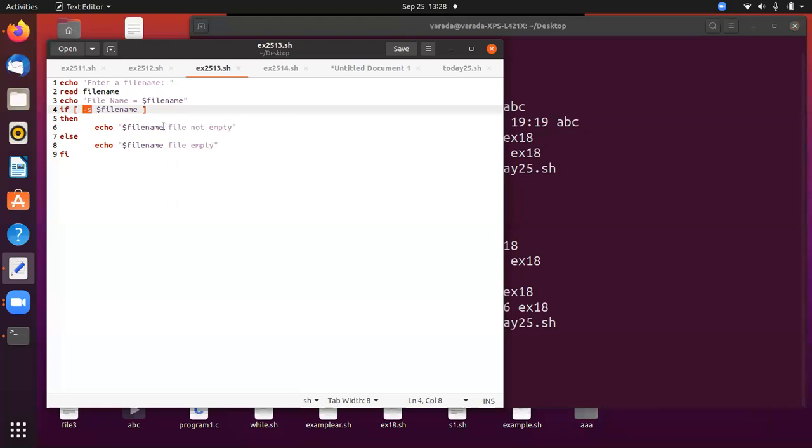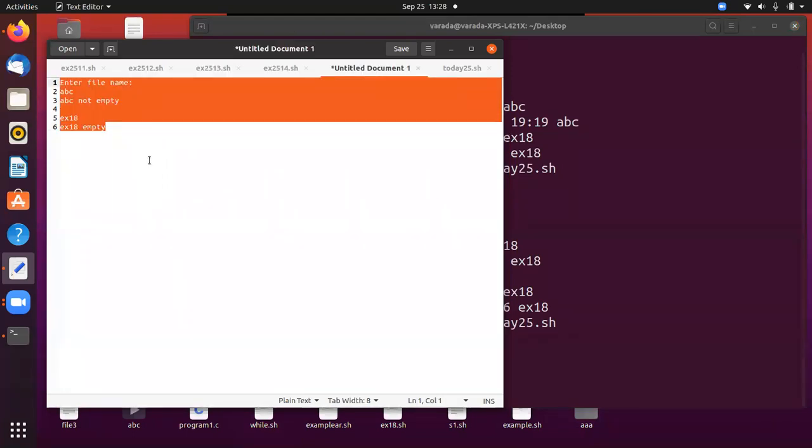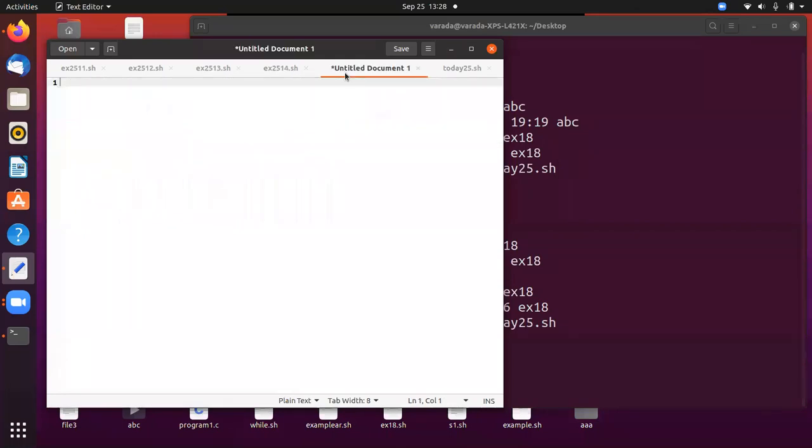Okay, now we move to another program. The program is where you are going to enter a file name. Okay, I enter ABC. Let us assume like that. If this file is available, then it is going to append the data.